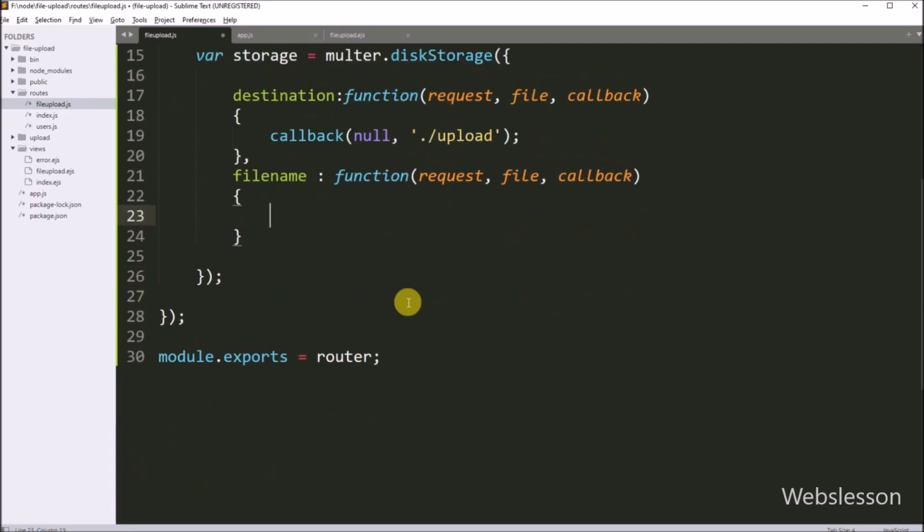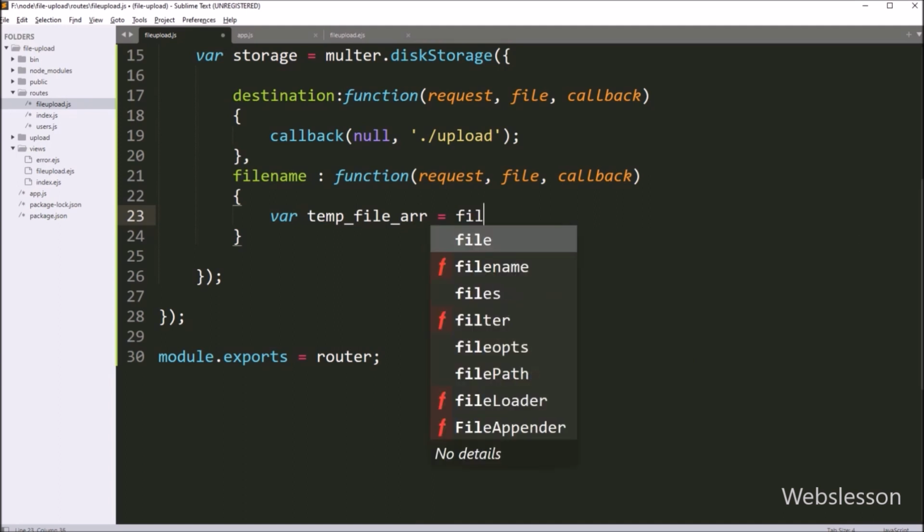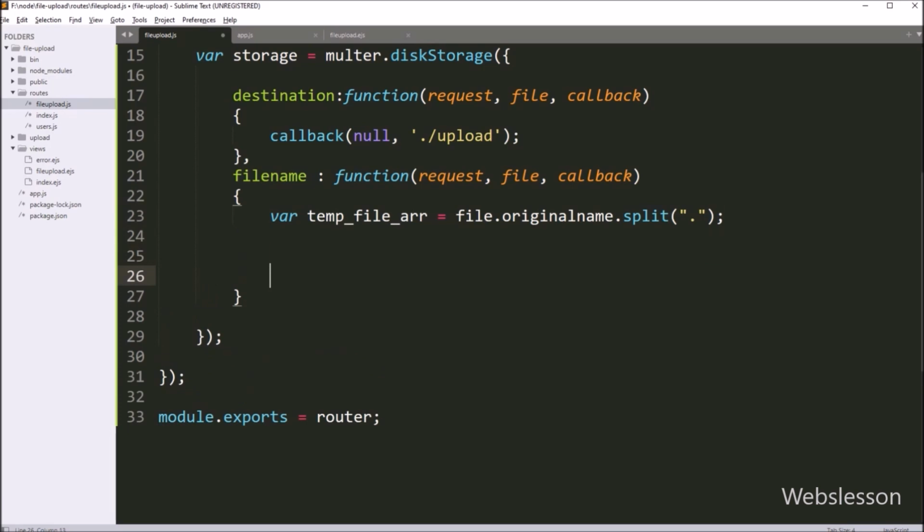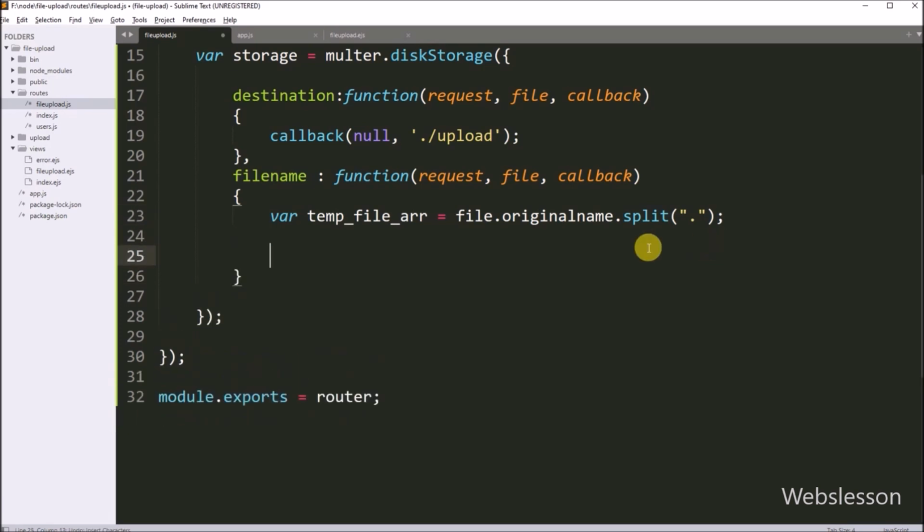Under this file, we want to rename the selected file name. For this, first we have to write a temporaryFileArray variable equal to file.originalname.split function with a dot selector. So this function will return the selected file name into an array. From the array, the first index will return the selected file name, and the second index will return the selected file